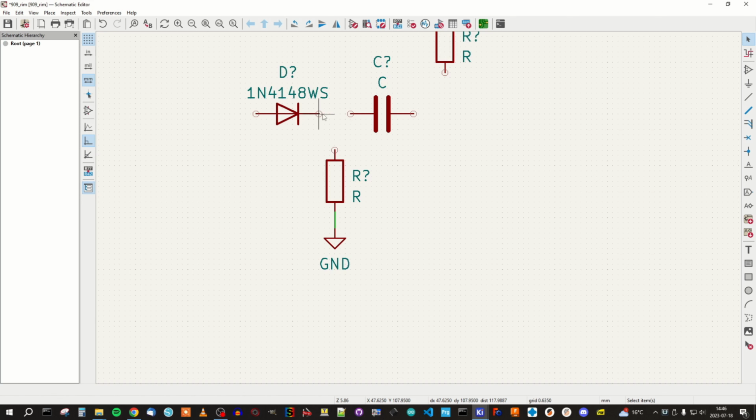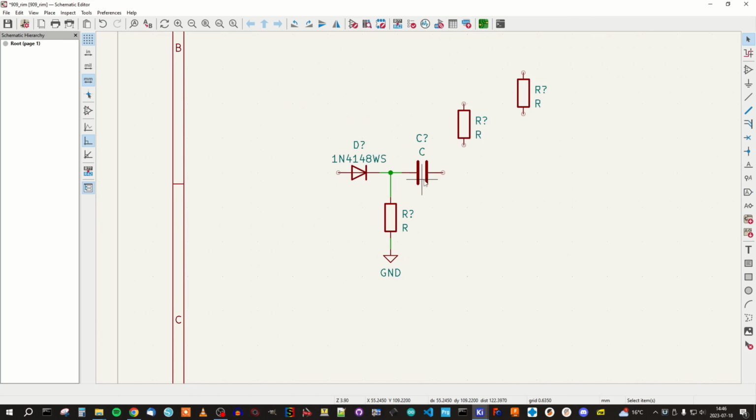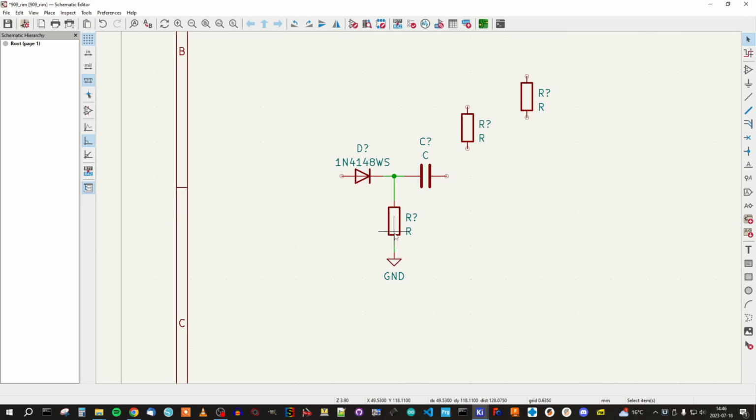I will start up here like so, and then I will connect these two, and the blob you see here, that is a junction. That means that this wire is connected to this wire. So there is an electrical connection between all these three components. All right, so we have started on the trig input circuit,